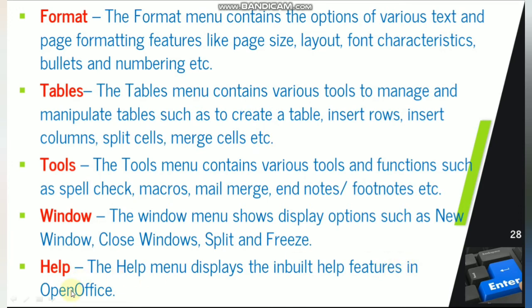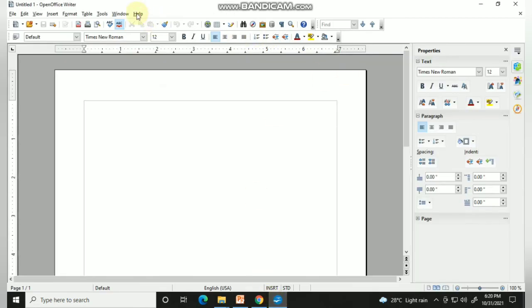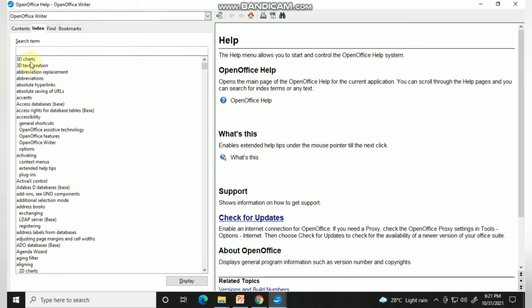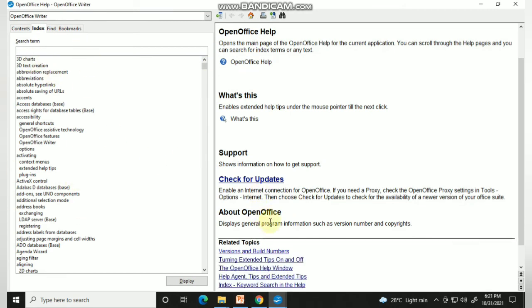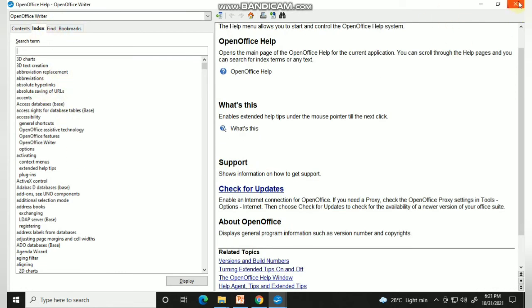Alright, and the last menu will be your Help menu option, and this is an inbuilt feature which is in every application. So if you take any application, the last menu option will be your Help menu. So in each and every application there will be a Help option. Okay, if I am clicking Help here, the shortcut for the Help feature is the F1 key. Okay, so if I am pressing it, see here, each and every topic will be discussed very shortly. Okay, so this is the Help feature.